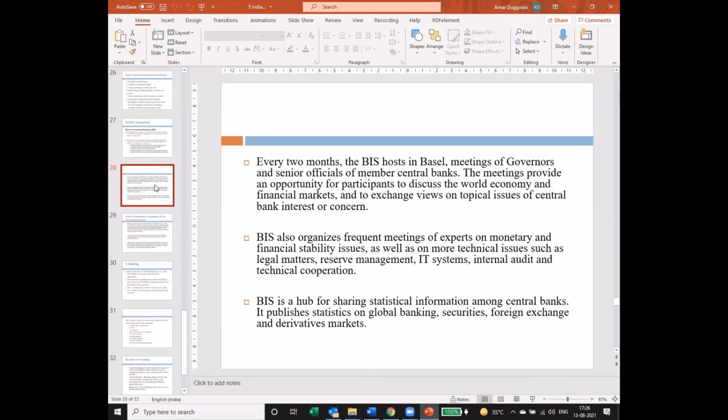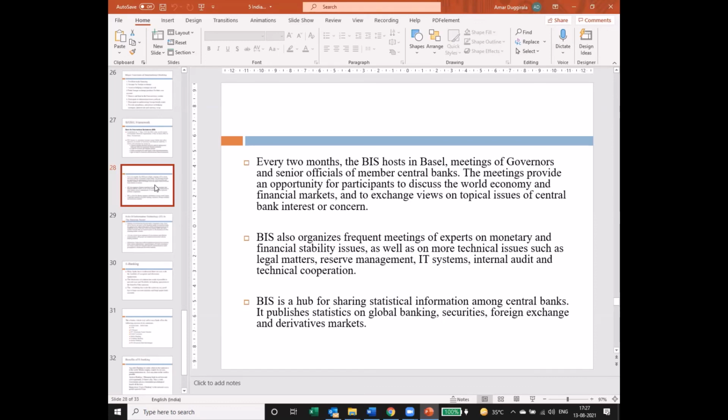BIS also organizes frequent meetings of experts on monetary and financial stability across the globe, or with a specific idea of specific countries. For example, I think 5 or 6 years back, we saw that there was a financial crisis in Greece. Greece was almost bankrupt. It had fewer assets than expenditure. So it was not able to pay its loans back. Exactly the situation that India had in 1991, when India suddenly unveiled the financial reforms and saved itself from that situation. But Greece reached that stage. And who helped Greece? The European Union, particularly Germany, helped Greece by giving additional grants.